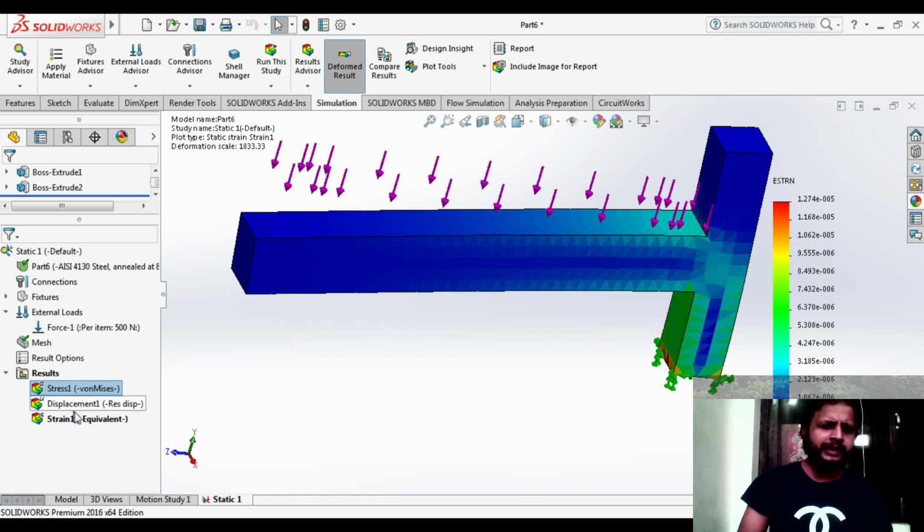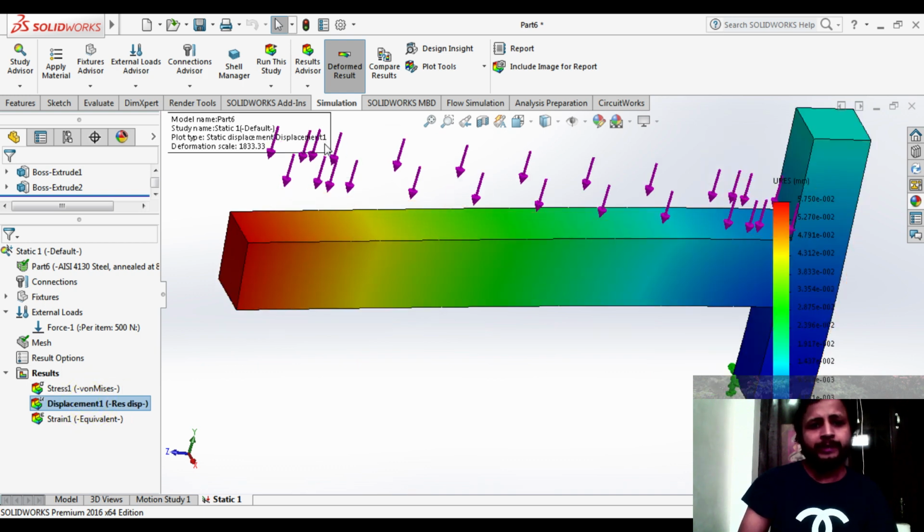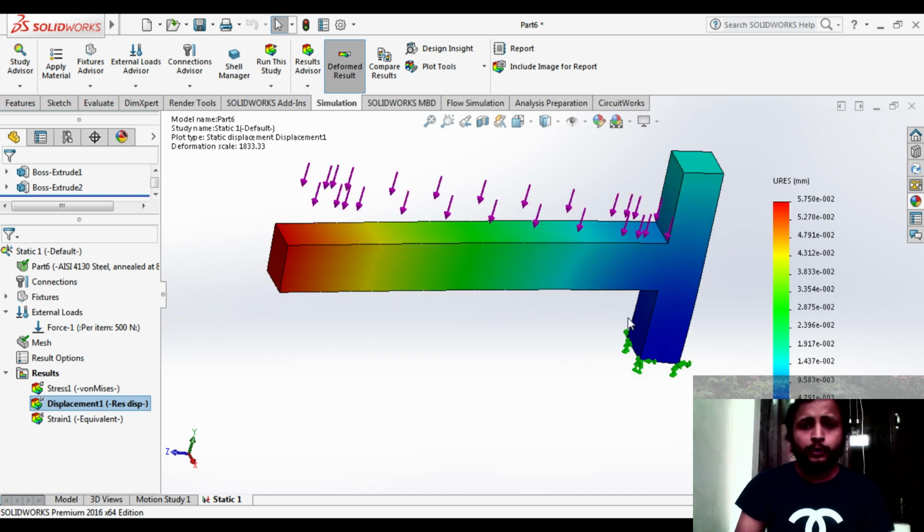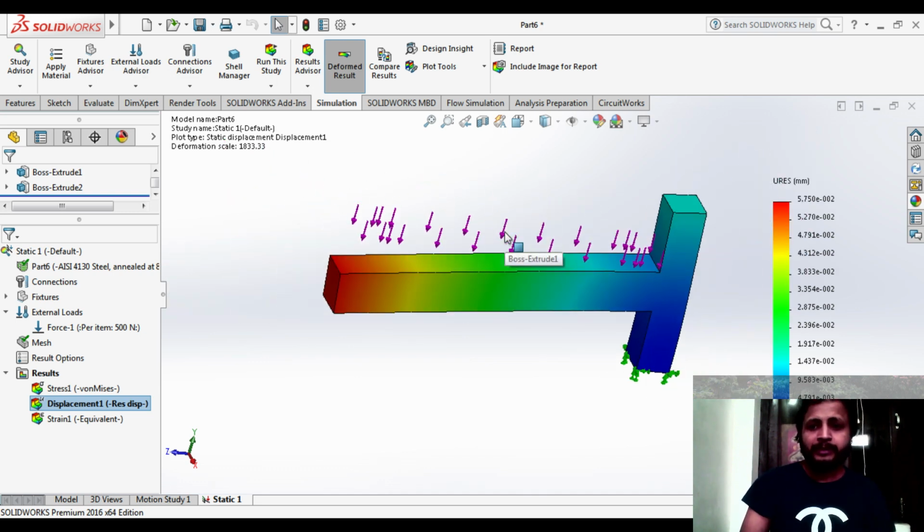Stress is directly proportional to strain, and the displacements are at this particular point because this is a kind of cantilever beam. When you have applied the force, this one is bent from its axis. You can see that initially it was here, and when you apply the forces, it comes to this particular point. So friends, I hope you have understood this complete study, this complete simulation.